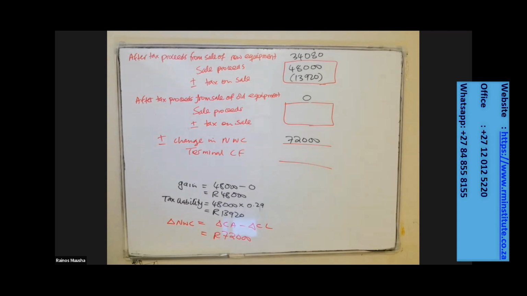If it was a cash inflow on day 0, where your current liabilities were more than your current assets, it basically meant that we effectively got more money from third parties than the money that we had to raise ourselves for working capital. So if you got money from other people initially to finance your working capital, it means at the end of the project, you have to pay back that money. So the inflow at the beginning becomes an outflow. It's always going to be the opposite. In this case, it was an outflow at the beginning, so at the end, it becomes an inflow.